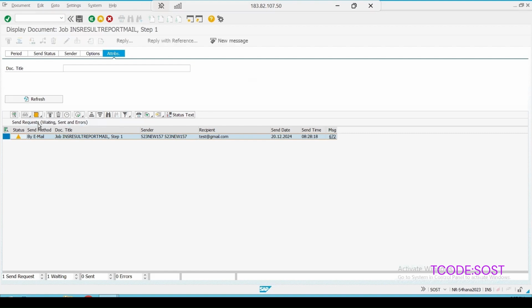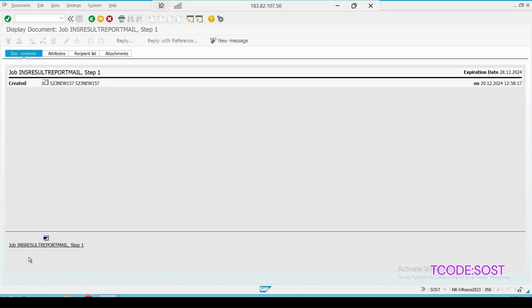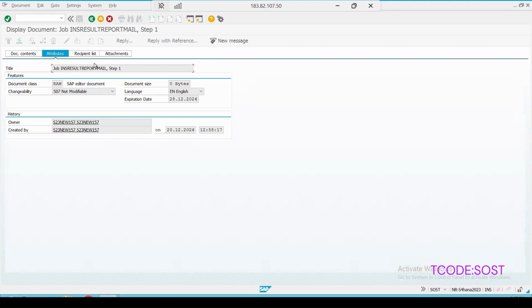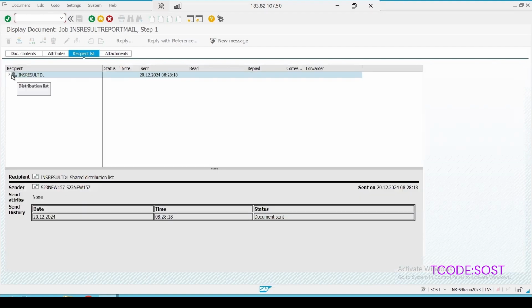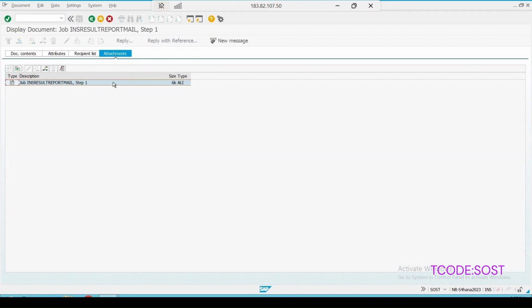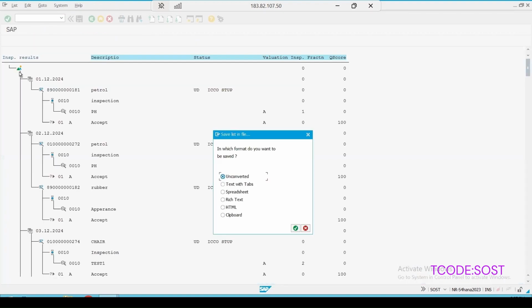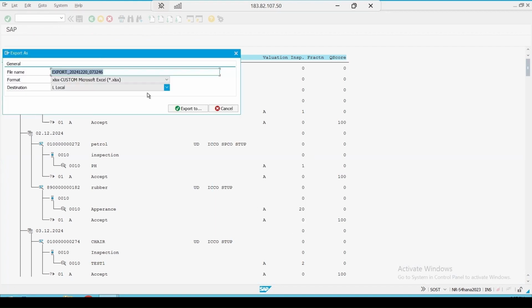Again, it will open the details like this is the attachment which is given. Okay, and here again, it will open the same thing like the attributes which we have maintained and the recipient list which we have maintained here. Okay, and what is the attachment, and you can see the attachment also. And you have the option that you can export this attachment. Click on export and it will ask you in which format you want to export. If I select, say, spreadsheet and continue, just click on continue,